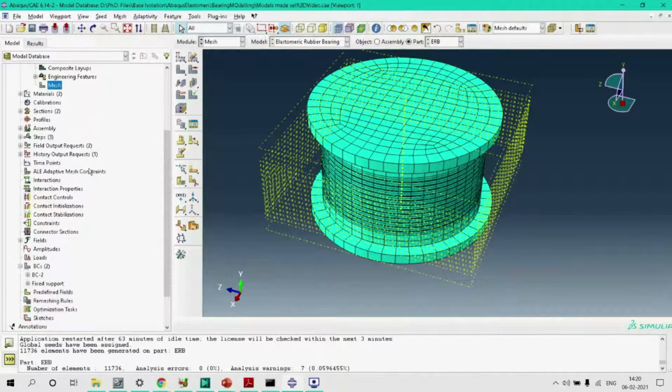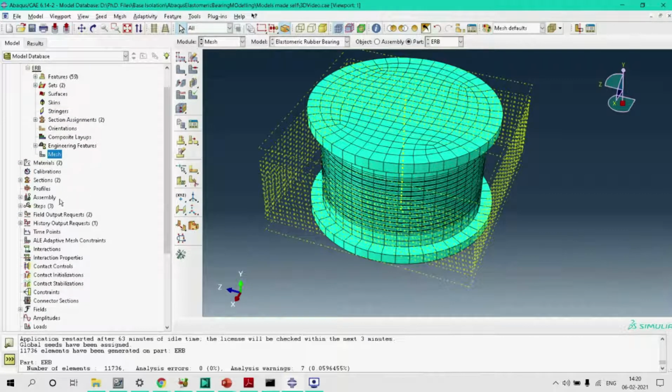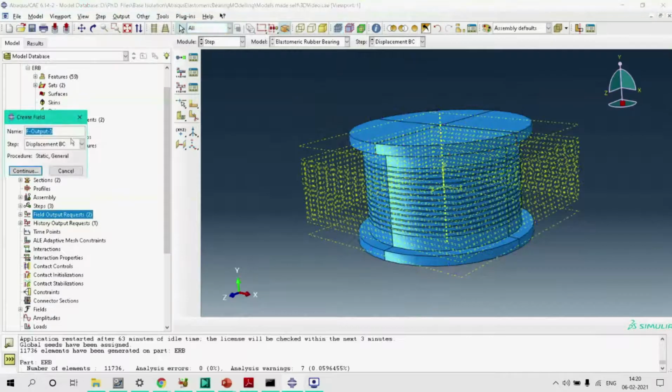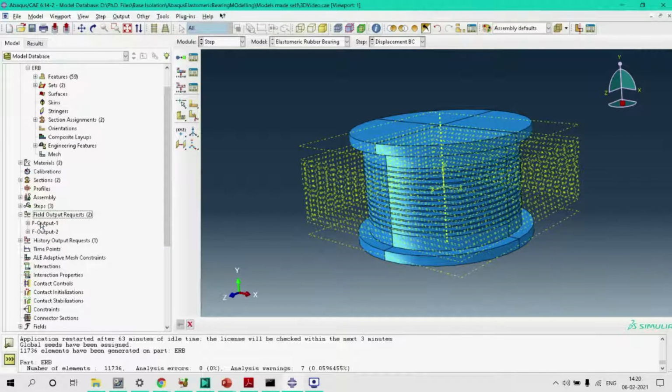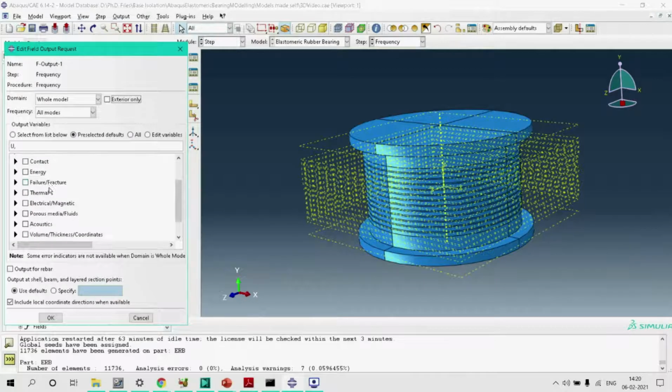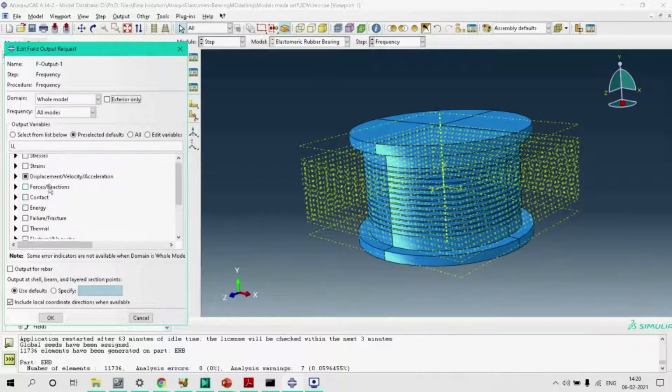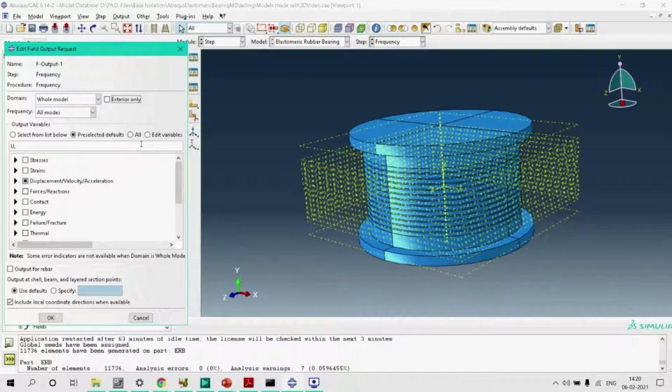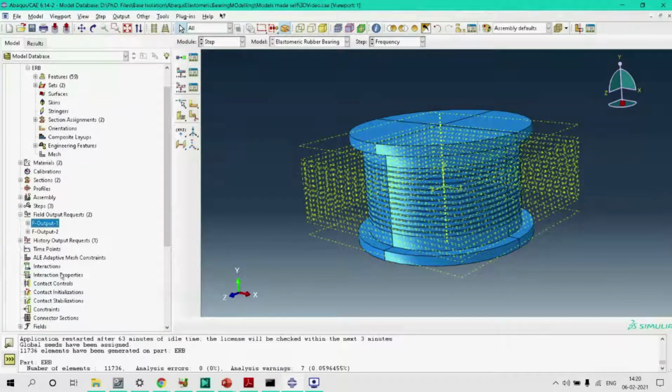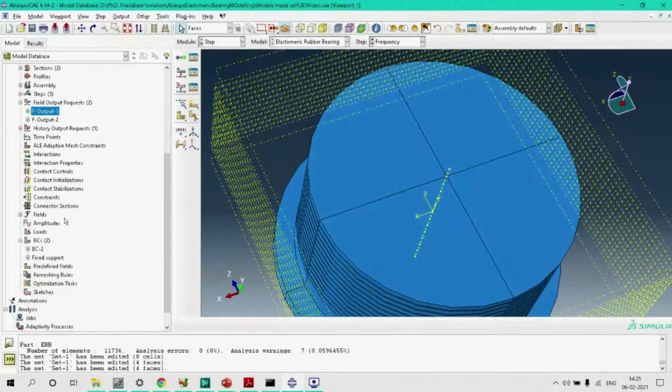Now let's go to history and field output request. So we have here history and field output request. It has been already created here. Here it can be seen the various histories and field output. So either we can select all of them, and at the post processing stage we can just see which one of the quantities is of our interest, or we can also do a selective selection of these quantities, but I am selecting all of these for the time being.